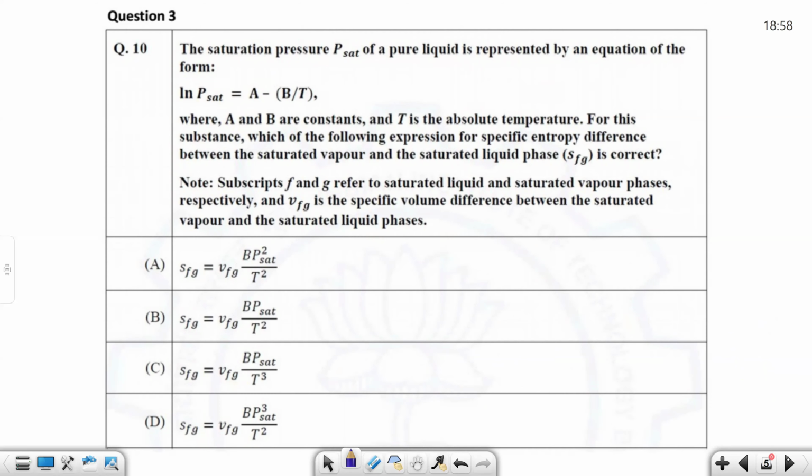So the saturation pressure of the liquid is represented by the equation. So you are given an equation. A and B are constant. T is the absolute temperature. For this substance, which of the following expression for specific entropy difference between the saturated vapor and saturated liquid phase is correct? Now you see, so if you look at the Clausius-Clapeyron equation,